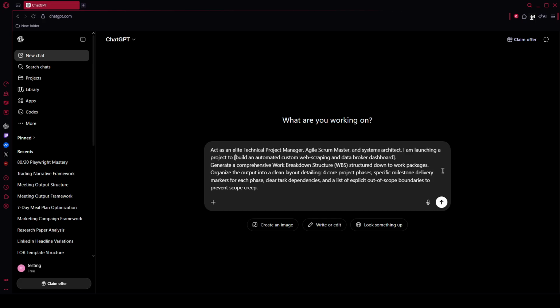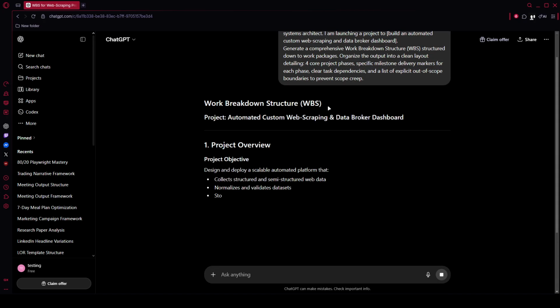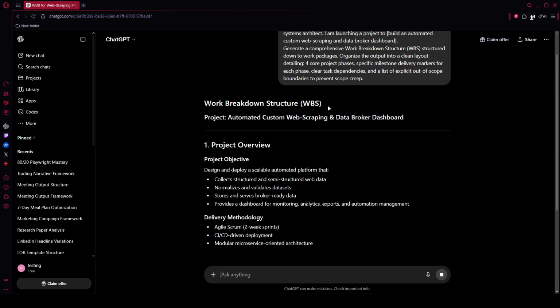Then, get ahead of roadblocks with the risk mitigation and bottleneck scout prompt. Paste this and fill in your scope summary. Act as a data-driven risk management specialist and operations consultant. Review my project scope focused on [insert brief project scope summary]. Identify 4 significant operational, technical, or timeline risks that could cause this project to blow past its deadline or budget